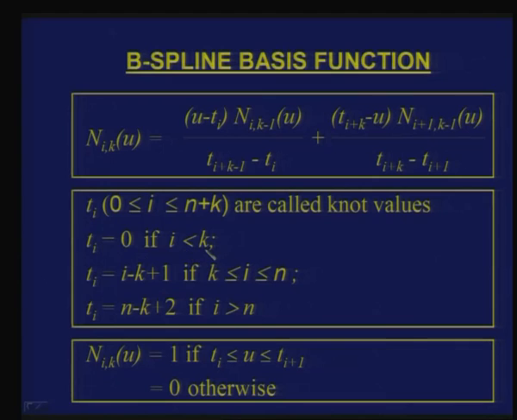If a given value of i is less than k, I have one definition. If it is between k and n, I have another definition, and if it is greater than n, then I have a third expression. So, n is an input, k is an input. Given n and k, I can always calculate the t's using an expression like this. So, this is not a difficult thing. Once I know the t's, whenever a ti is required, I can always use that in the expression.